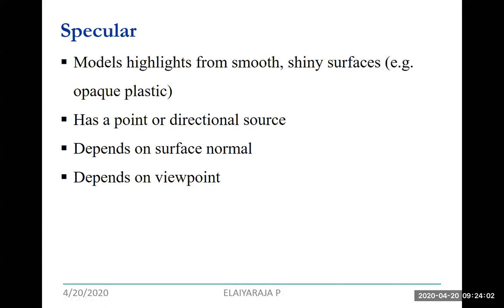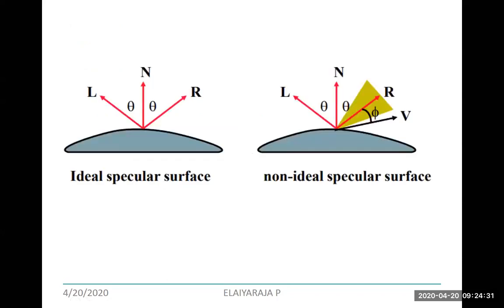Suppose if you take a mirror, you hit the light source on the mirror, you are going to see the reflection. So has a point or directional source, yes. Depends on the surface normal, it should be a shiny surface. Depends on viewpoint, when it hits you will see the mirror point. Okay, so